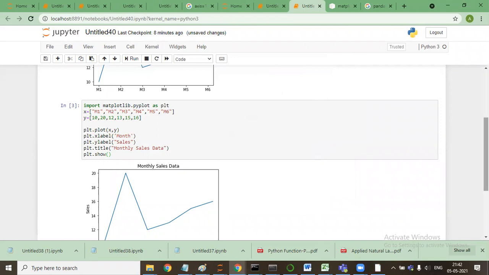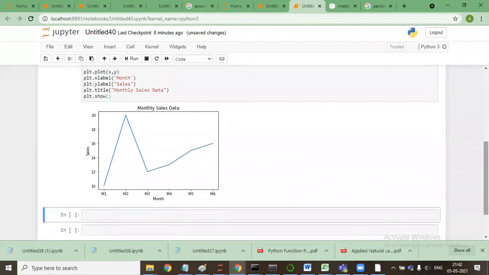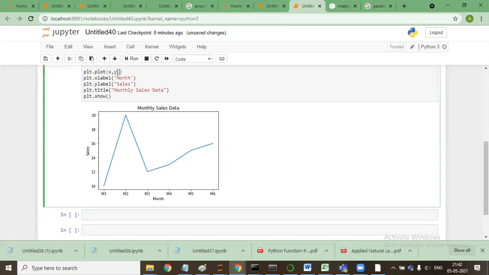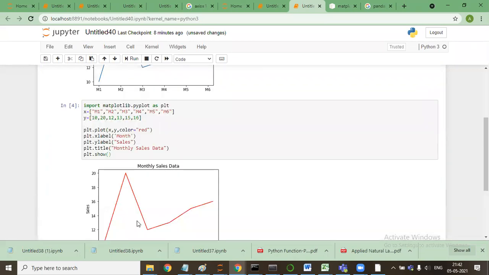Okay. Now I have basically used this graph. So now, for example, here I'll say x comma y, comma, color is equal to red. So this will give you the red color line.